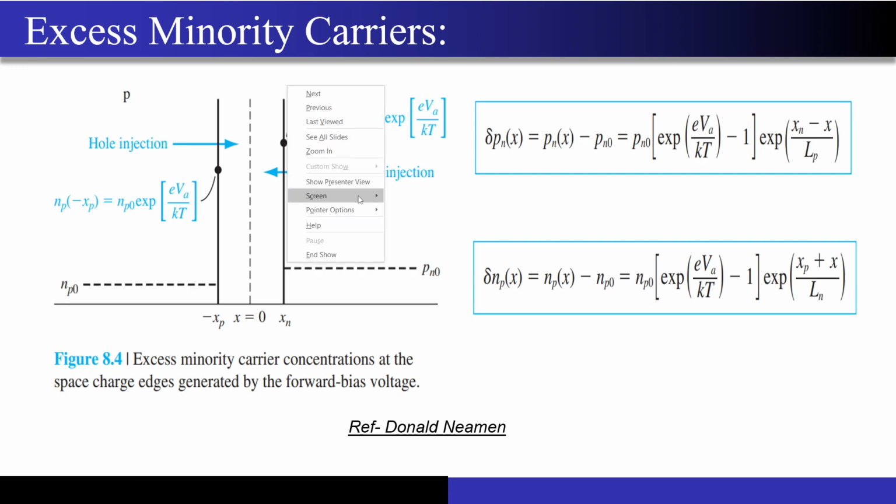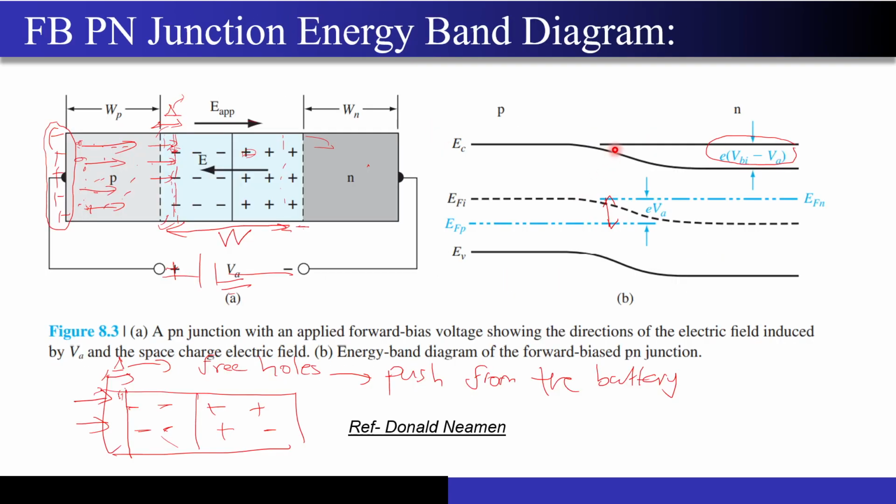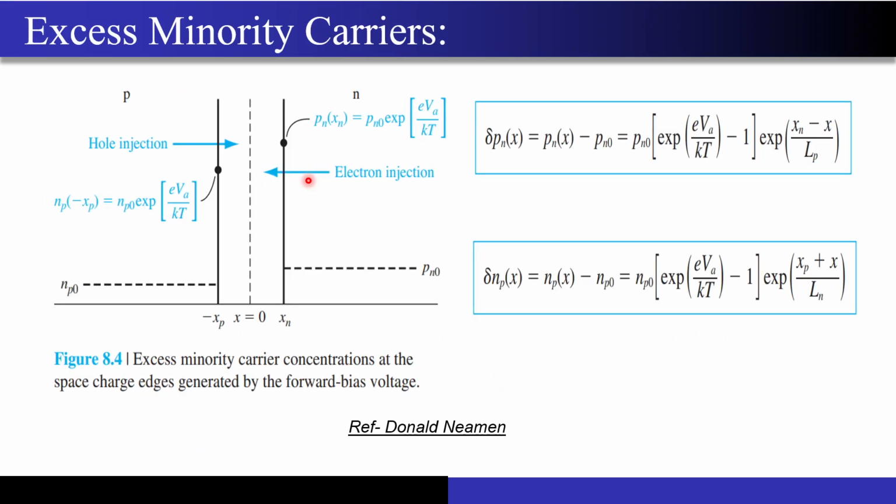Now coming to this concept of excess minority carriers, what did we say? We wanted to know the concentration of minority carriers because of the current that is flowing in the diode, right? Here you are pushing a lot of holes from the left side to the right side. You can see your energy barrier got shrunk, right? And if your energy barrier gets shrunk, then free carriers from one side will move to the right and free carriers from the right side will try to move to the left, right? And now we wanted to quantify this amount.